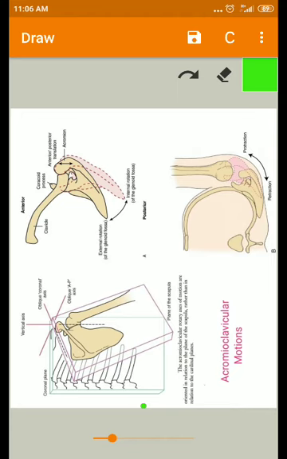So now we are going to see the first movement. Before starting these rotation movements, all these movements we are describing according to the plane of the scapula, how the scapula is moving. Based on this only, we are giving the names to the rotatory motions which are taking place at the acromioclavicular joint. And though these movements are taking place on the plane of the scapula,